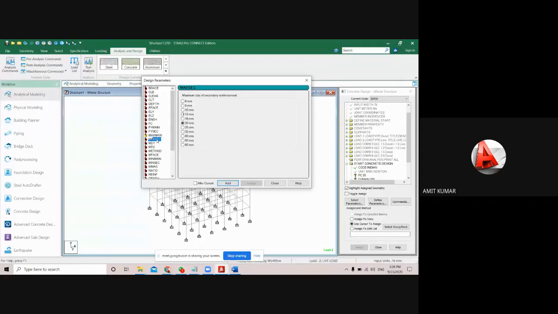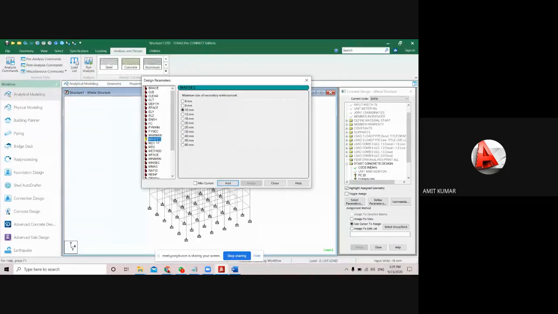And come to the max secondary, that means the stirrups size, the maximum size of the stirrups. Mostly we use the 8 mm bar, but I will provide the maximum size 10. That means currently I am going to define the range, 8 to 10. According to the load, the software will choose the value between 8 and 10. And for the maximum and minimum size of main reinforcement, I'm going to provide the value from 12 to 20. That means maybe the software will pick the value 12 or 16 or 20 according to the load. Okay, so I'm just going to provide the range only.